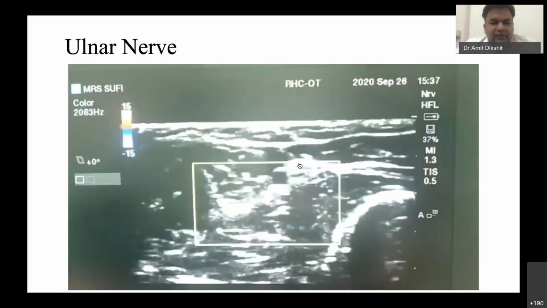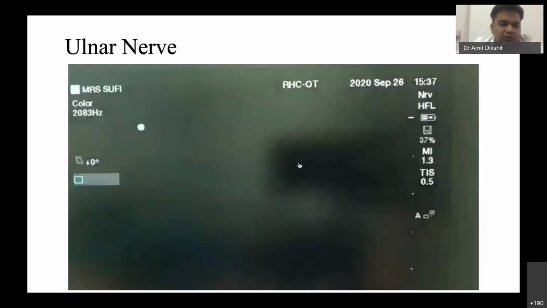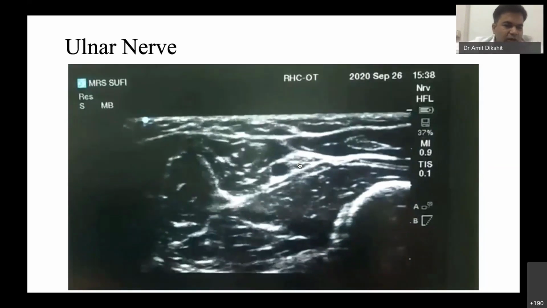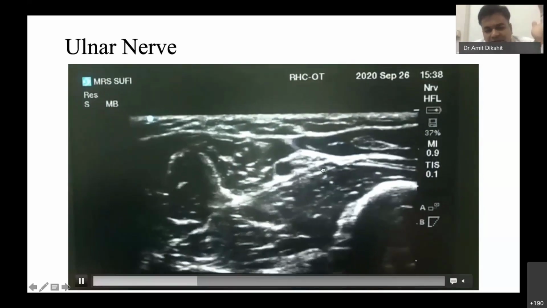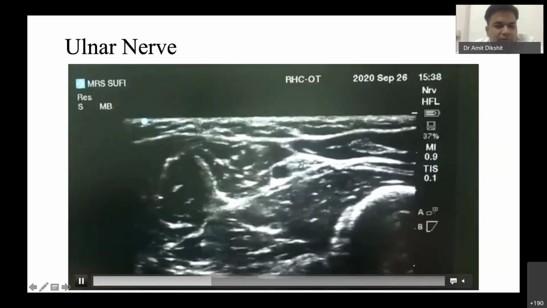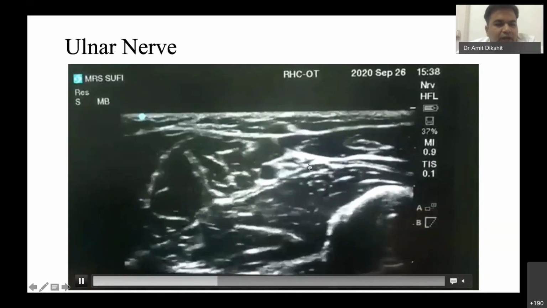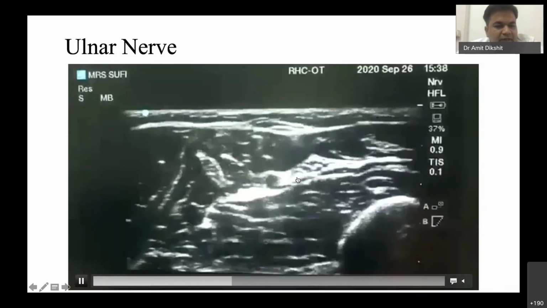The brachial artery divides into two branches, and as it divides, the ulnar nerve continues to accompany the ulnar artery, and so you can trace this relationship quite high up in the forearm. So you can block this ulnar nerve either in the mid forearm or even a little higher up.